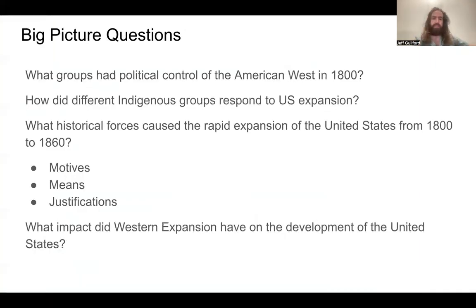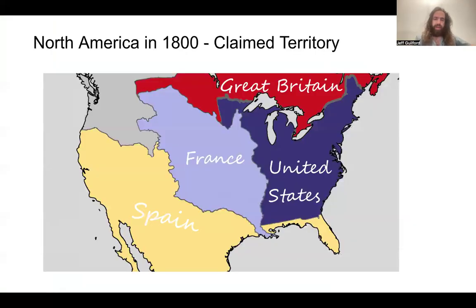So today, we are going to be looking at how the US goes from controlling this dark blue territory here to expanding out and taking over all of this stuff, basically south of Canada and north of what is today's Mexican border. So, how does the US go from controlling this little chunk here to exploding outward and taking over all this stuff all the way to the Pacific? Well, you're about to find out.